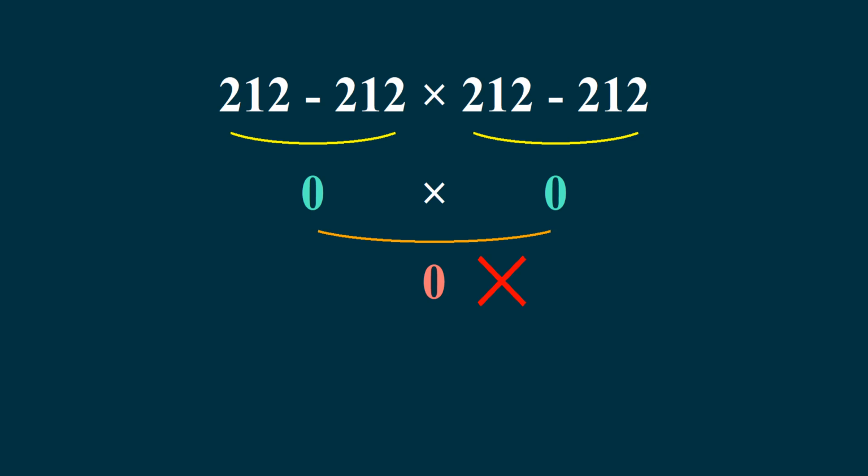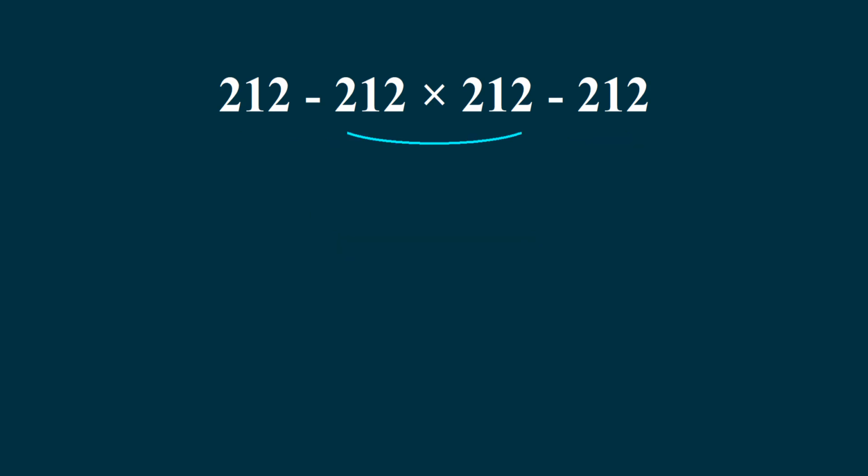But this answer is not correct because according to the order of operations we must do the multiplication and division, then do adding and subtraction. So first we do this multiplication, then this subtraction, and at last this subtraction. So we have first this multiplication